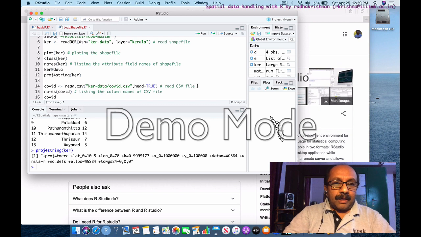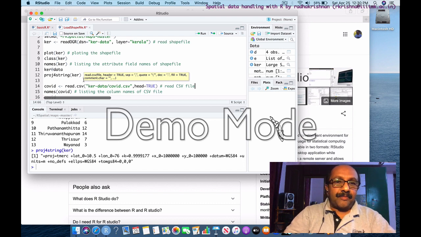So I am going to read that CSV file into a variable in the R session. I'll use the command read.csv. Here it will be slightly different because this is coming from a different package. The previous one was coming from rgdal, and this read.csv is a native function of R. So the usage will be slightly different.